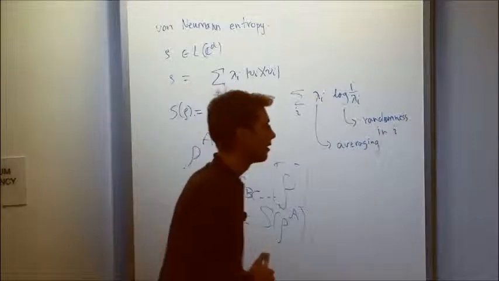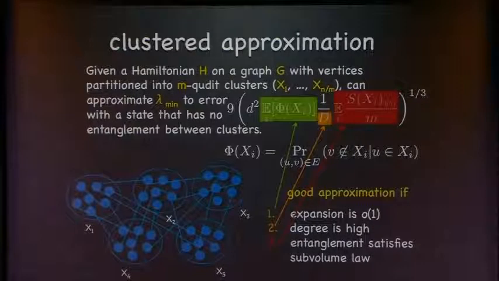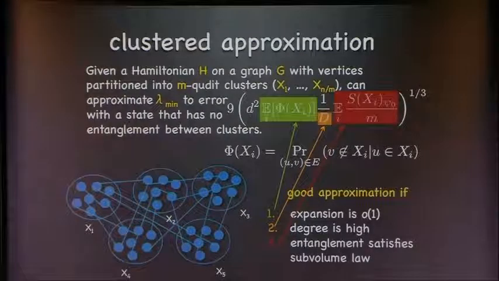Aram: What this statement says... I am wondering about that because it says something counterintuitive. You want to approximate the ground state, and the way you are approximating it, your state has no entanglement inside the clusters, and has entanglement outside. No, the other way around. It has no entanglement across clusters. No entanglement across clusters. Oh, between clusters. Oh, that means across. Sorry. Then the message is clear. Okay, good.